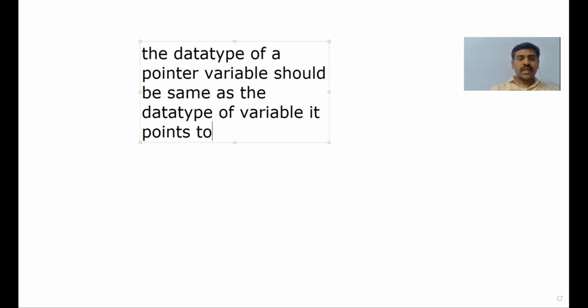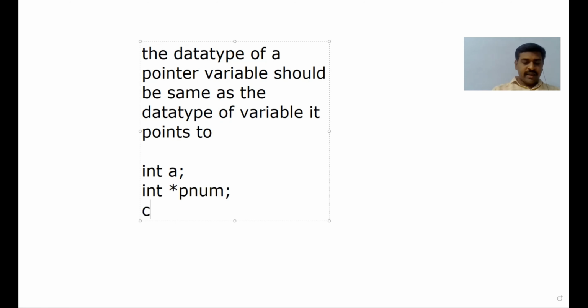That means whatever the data type of the variable, the same data type should be our pointer variable. Example, if my variable is int a, my pointer should be int *pnum. If my variable is of type char ch, my pointer should be of type char *pch.